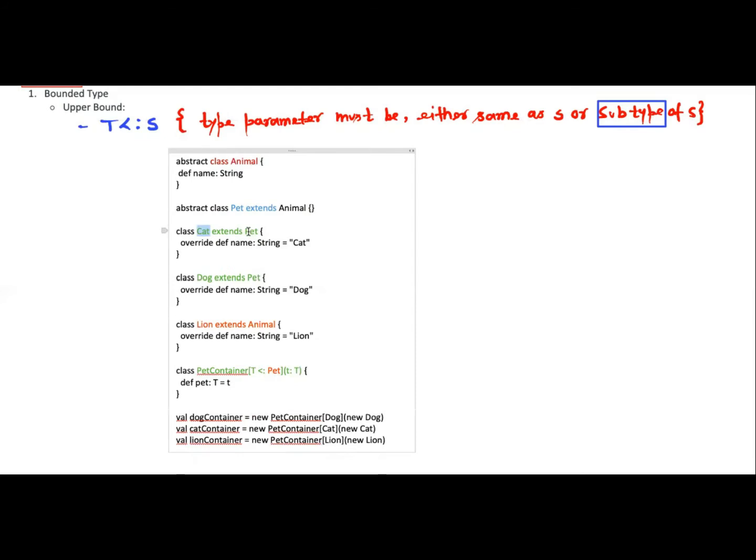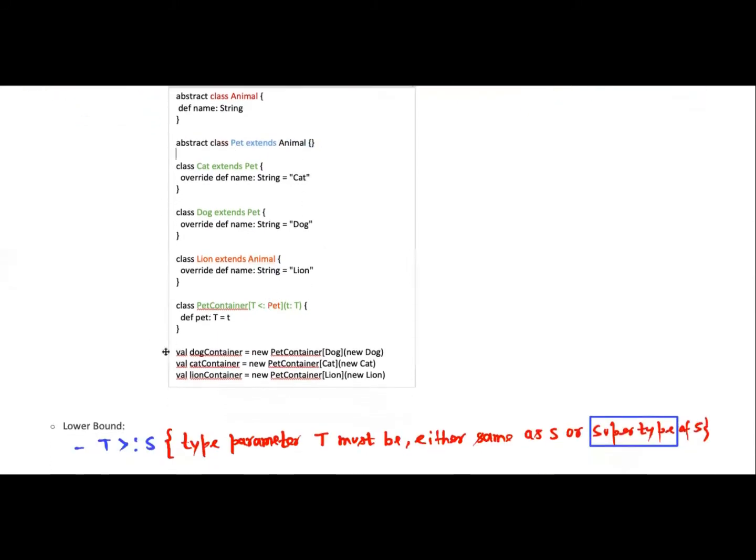You need to understand that Cat and Dog are extending the Pet class here, but Lion extends the Animal class. It has nothing to do with the Pet class. So here we need to focus on this part.